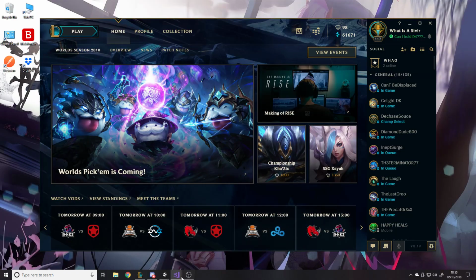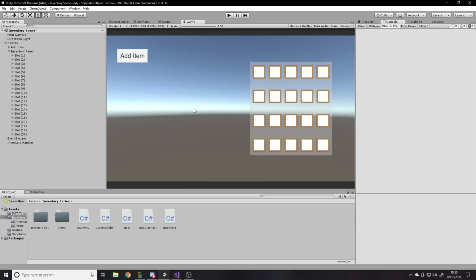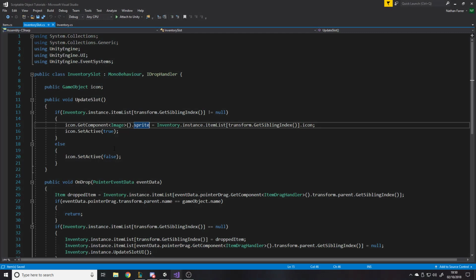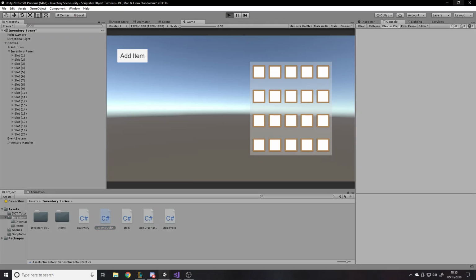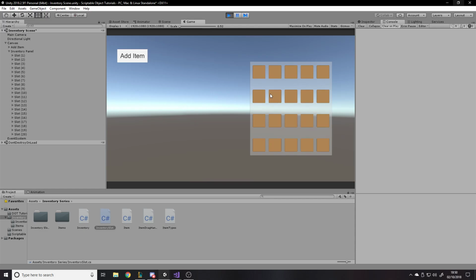So now, oops, sorry, we need to go to our UI inventory slot. Here we go. So now rather than checking if the thing equals null, we want to say if that dot item type does not equal item types dot empty slot. Okay. That makes sense, surely. So instead of checking if the thing is empty, we're just checking if it's an empty slot type. Now if we add,